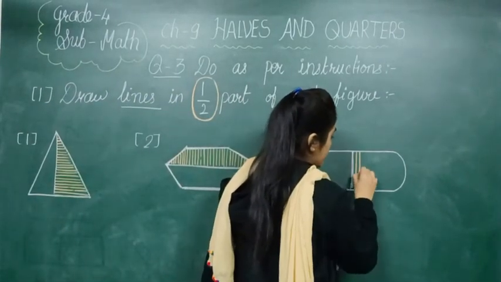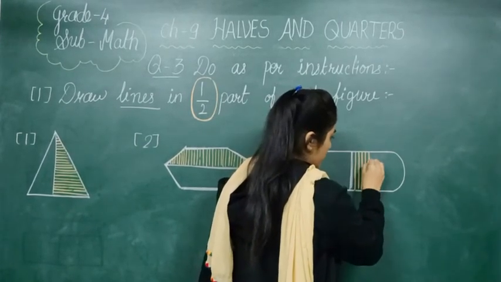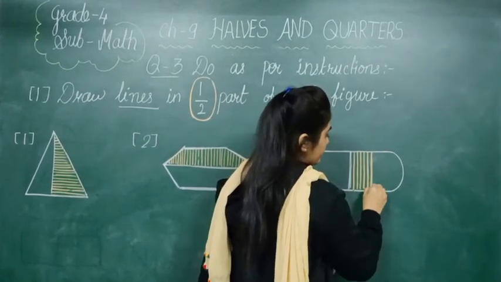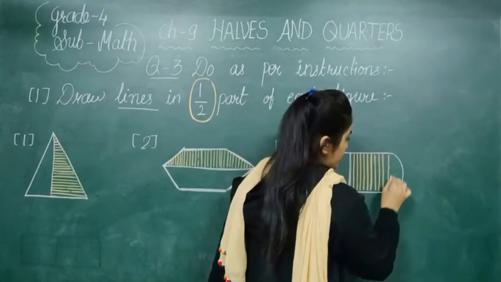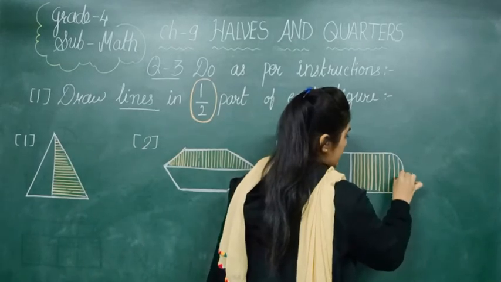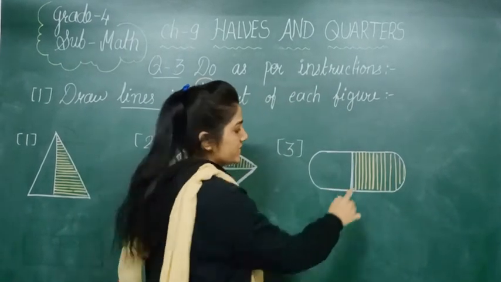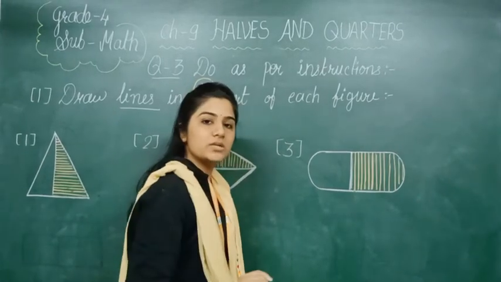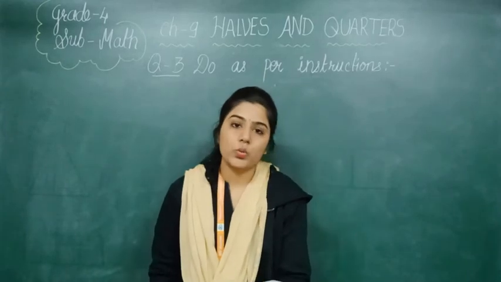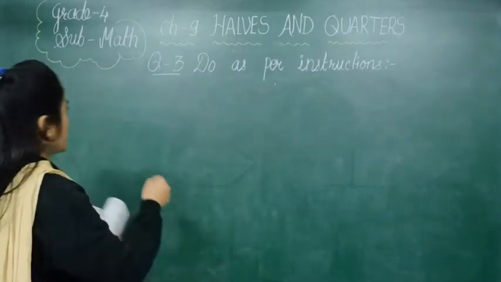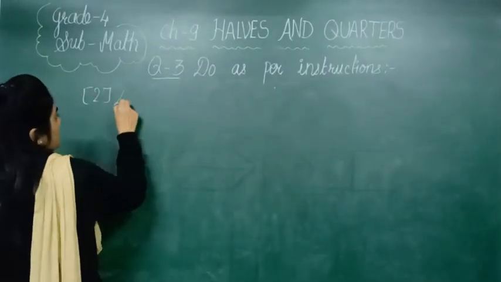So I am making vertical lines here with a different color in the second part. See, so this is your 1 upon 2, because in one part we have done the shading, means we have drawn the lines. Now we are moving further to question number 2, and question number 2 is saying draw dots